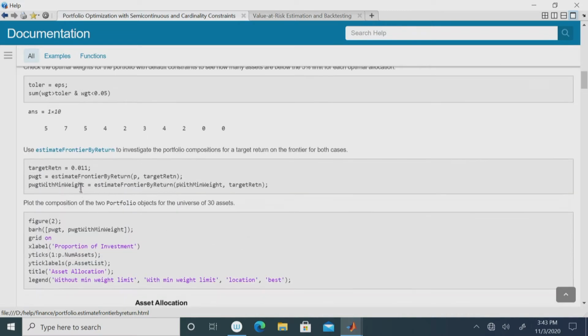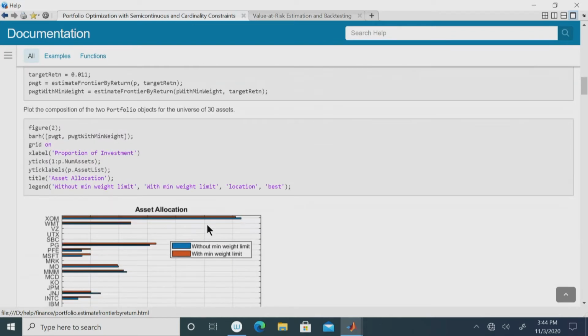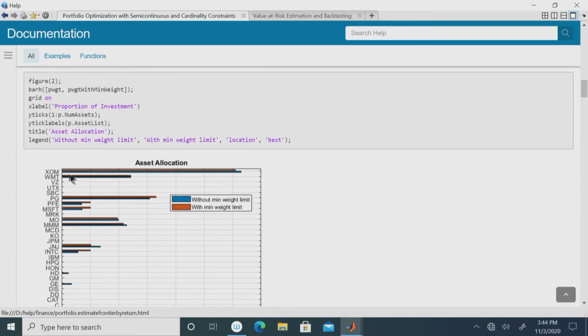So, accordingly, suppose that we set the target return to be 0.011 or 11% target return. With that target return you can calculate the efficient frontier and then you can calculate the weights. And so, accordingly, you can now look at the asset allocation. The asset allocation can be visualized in this particular picture,